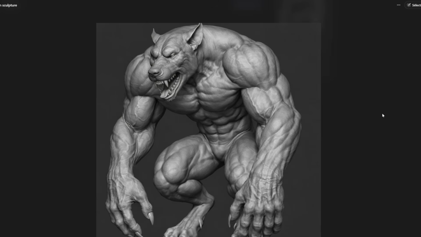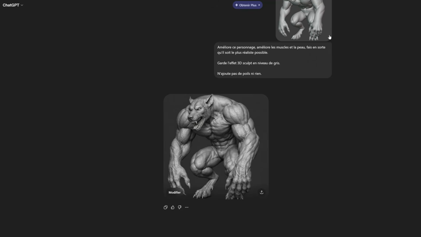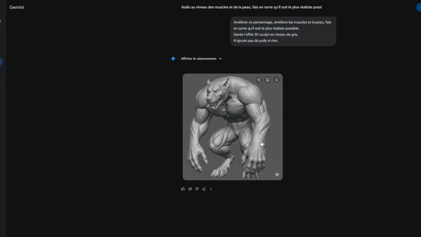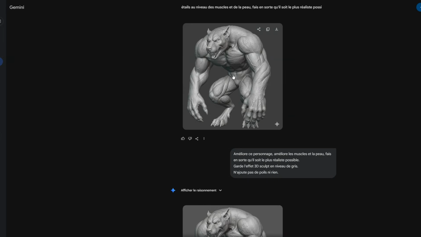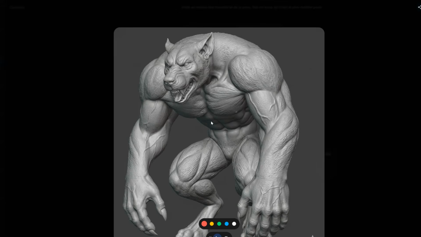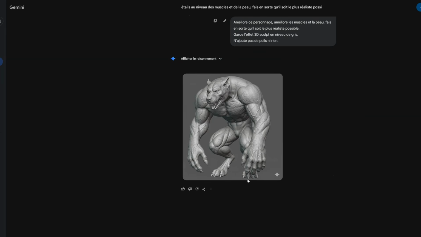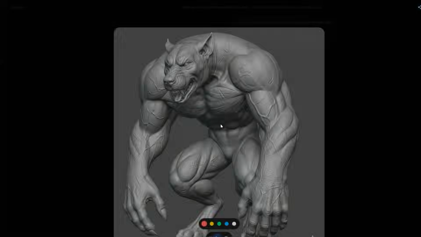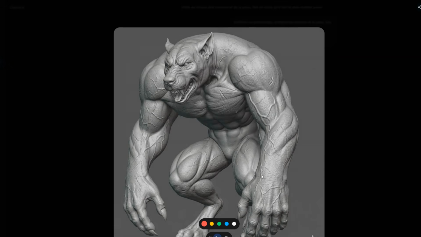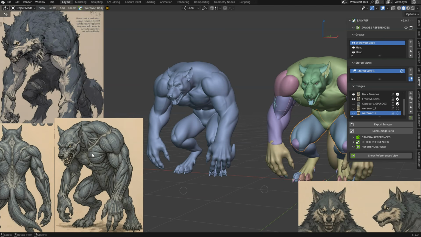Okay? And this time I also tried with Gemini. With Gemini, with the same prompt, I got something like that. This is pretty ugly. I really don't like it. I used the Pro version this time, and after that I added the same prompt as previously, and it gave me this. So this is bad. This is pretty bad. But the interesting part is that this was from Gemini.